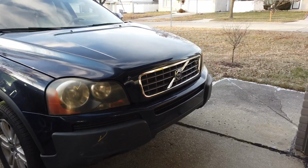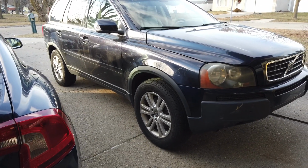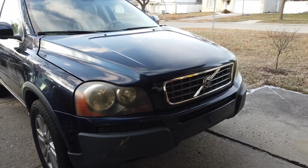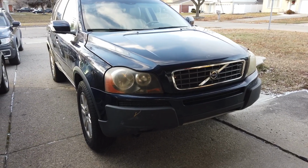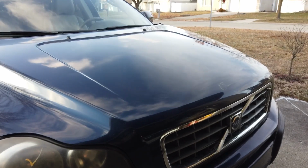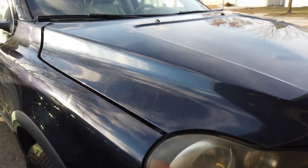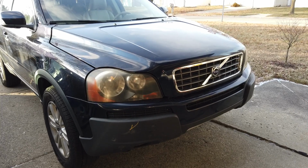Okay, so what we have here is a 2008 Volvo XC90 all-wheel drive 3.2, and that was a $2,100 SUV. It has 134,000 miles. I bought it from a salvage yard that just happened to have one for sale, and all it needed was the hood and the headlights and the bumper, and I found almost the same blue. It's a little bit different shade, but for I think $300 for all the parts,